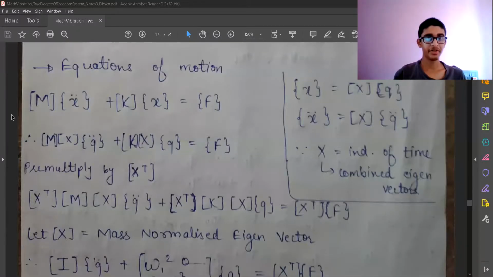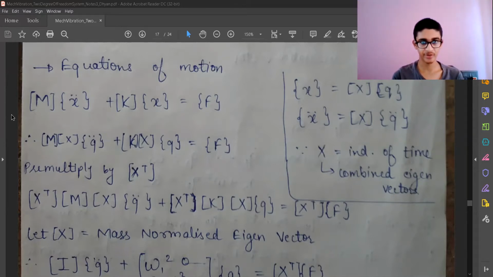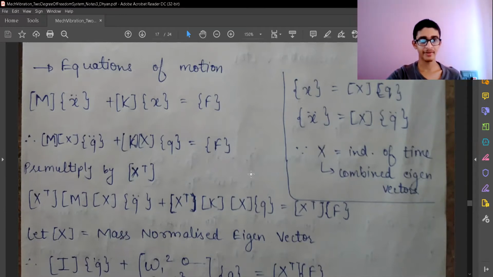In the earlier video, I explained how we convert the old coordinate system to the new coordinate system using the change of basis matrix. We also explained the difference between transforming a vector to a new vector and transforming a matrix to a new matrix. Now we are going to use the equations of motion which we have known earlier and convert them in terms of the new basis vectors. The new basis vectors right now are the mass normalized eigenvectors.